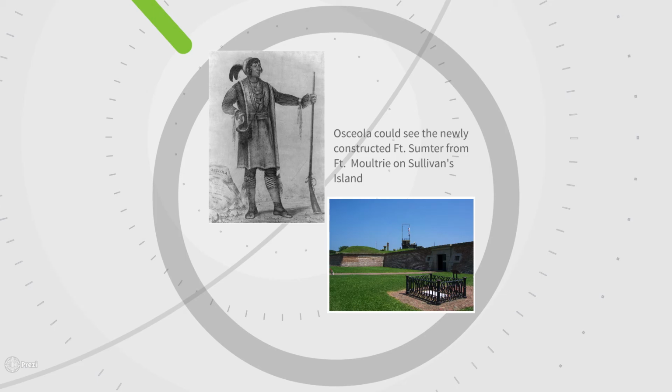So there's a connection here, and it's just odd that it's so visible, with Osceola being buried right there within a matter of yards from the place where all these slaves were quarantined. So the connection between Indian removal and the growth of slavery is hard to miss. And at the time, in the 19th century, abolitionists rightly saw Indian removal and slavery as intimately linked. And historians have talked about how